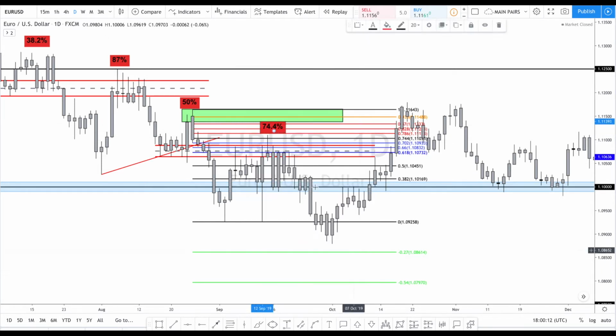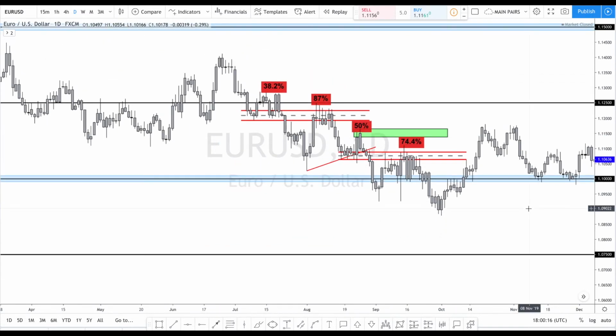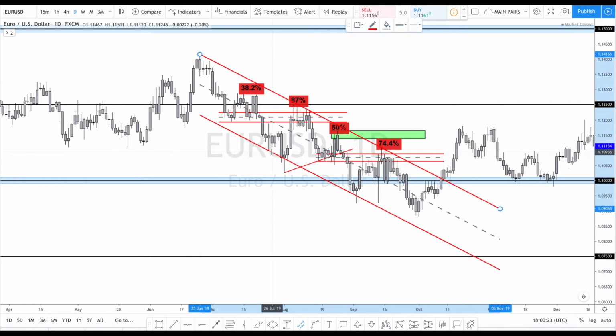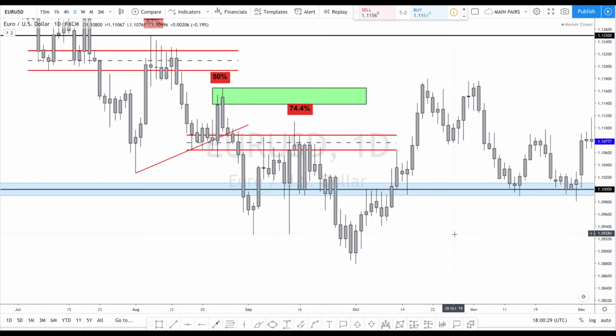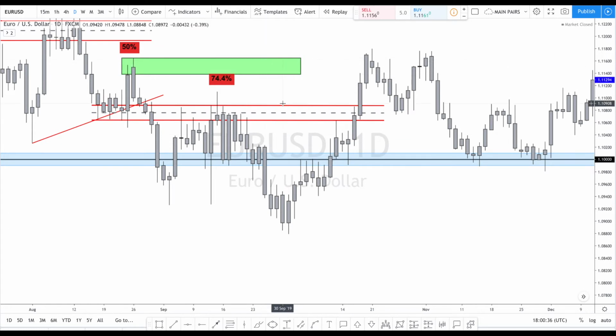74.4%. Okay, so right now you can see the way this is all aligning nicely with our overall bearish structure. So I'm just keeping it very simple. So all overall with our bearish structure. Okay, so once we get down to here now, this is now the area that price shouldn't break above,